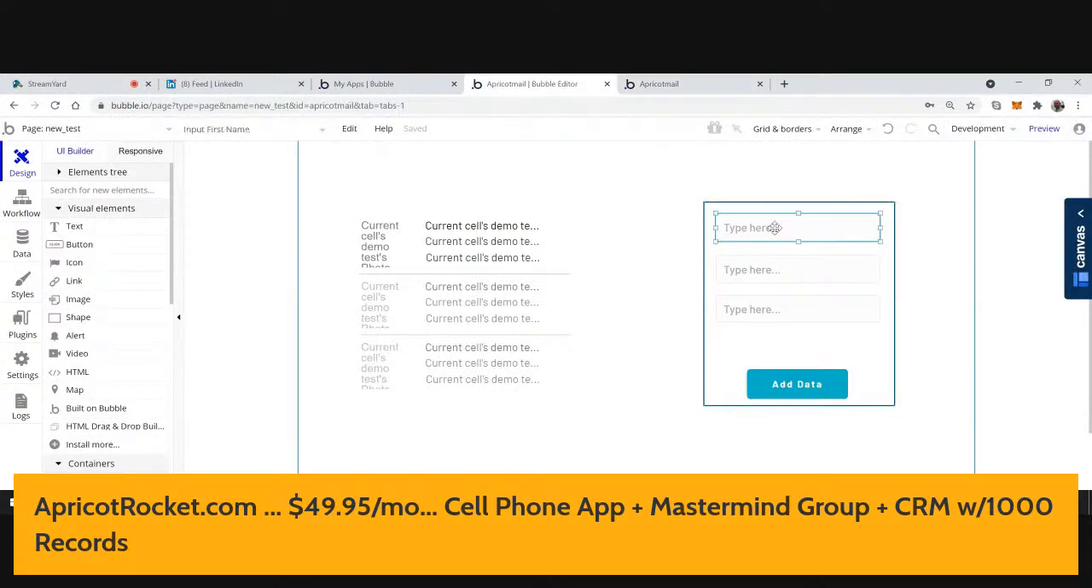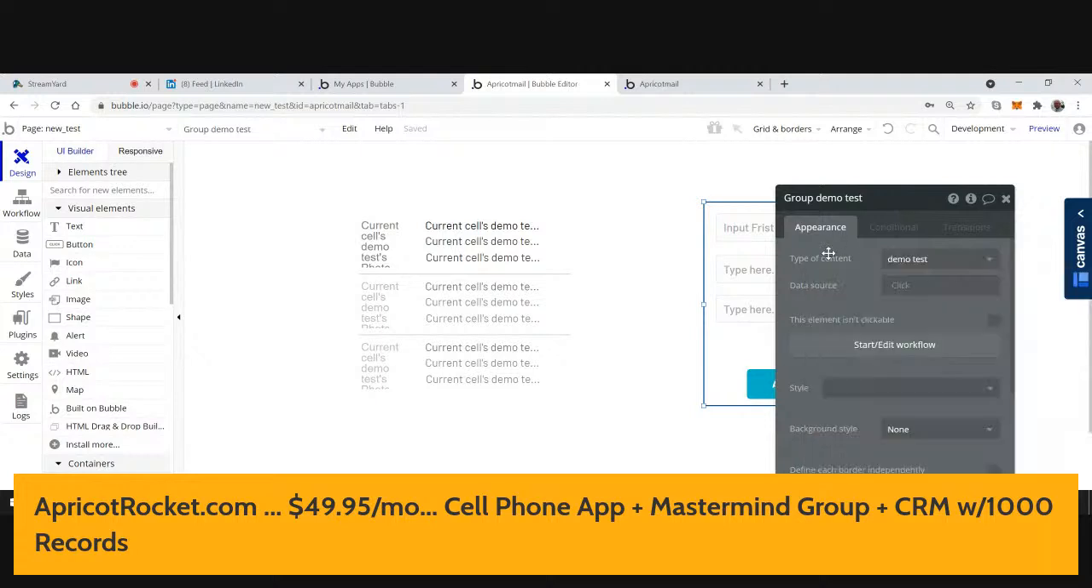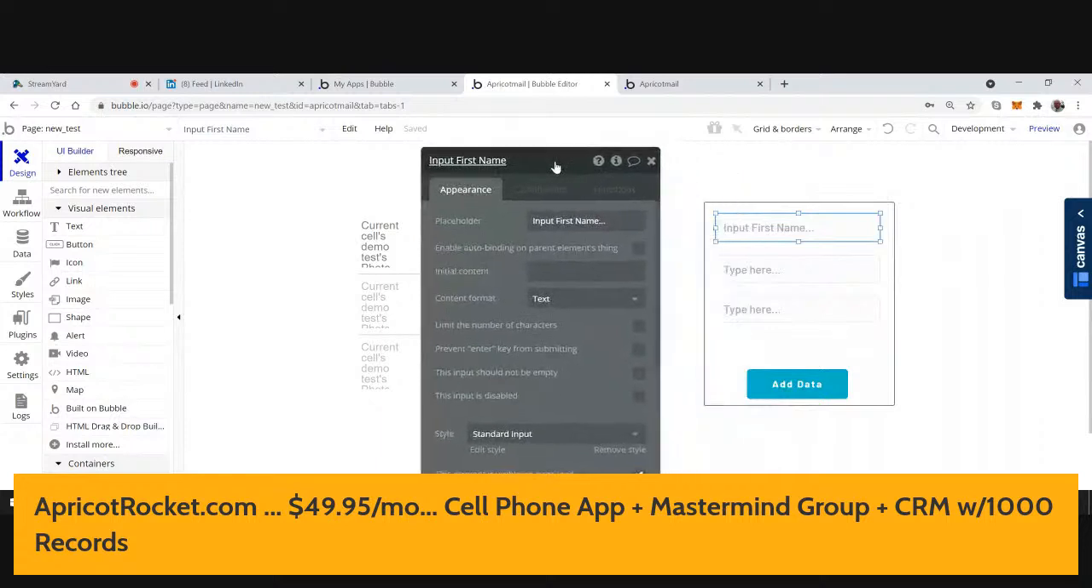Okay, so I'm going to come over here and double click on the first field, and it says input first name, but the placeholder says type here. So I'm going to say input first name. So now that's my placeholder. So that says first name. So let's go with input first name instead of first name. Let's get our spelling correct. F-I-R-S-T. Okay, so I'm going to move this over here so you can see it. Input first name. Here I'm going to put input last name,